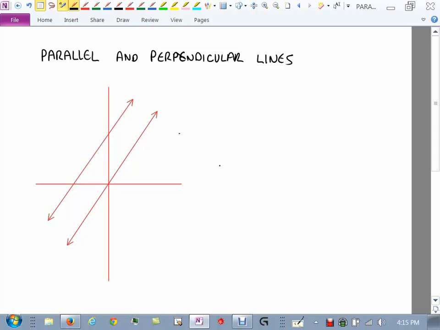But what you could really say is that if you pick a point, it doesn't matter which one, to get to another point, you go rise, you go run, right? And it should be that on the other line, the same rise, same run should get you to another point on that line also. So these two lines have the same slope, right? So two lines are parallel if they have the same slope.